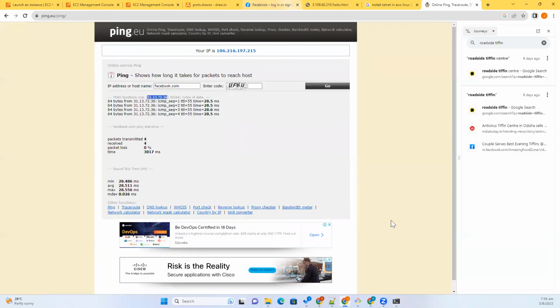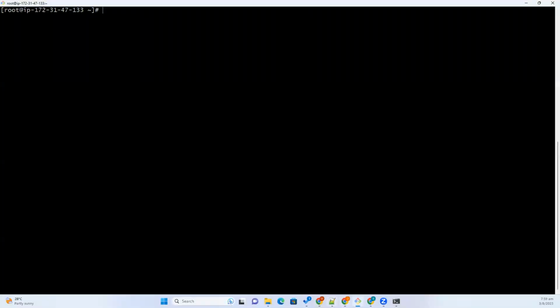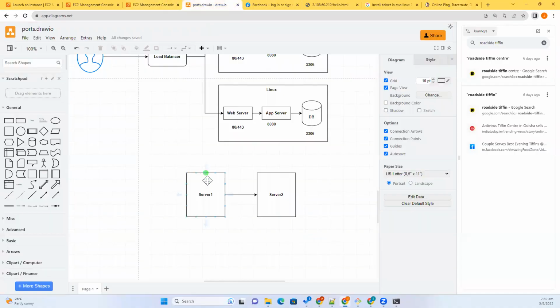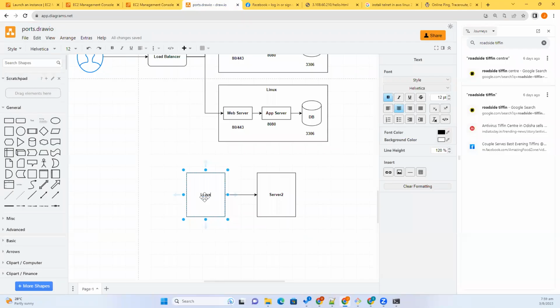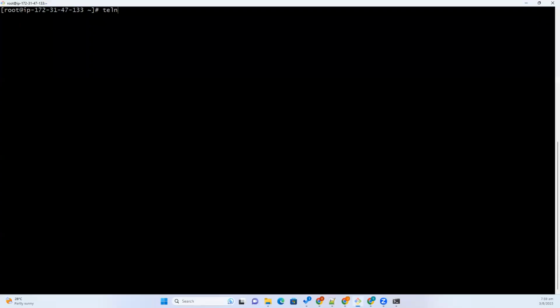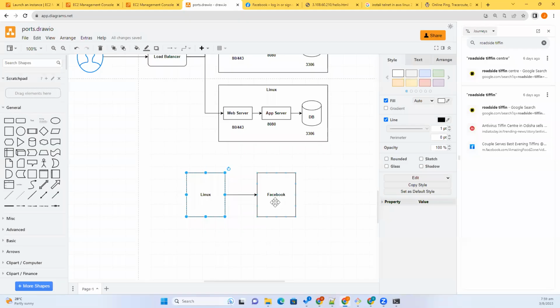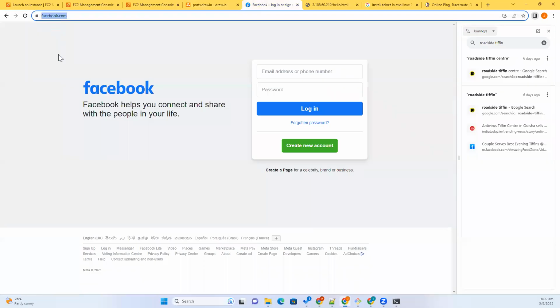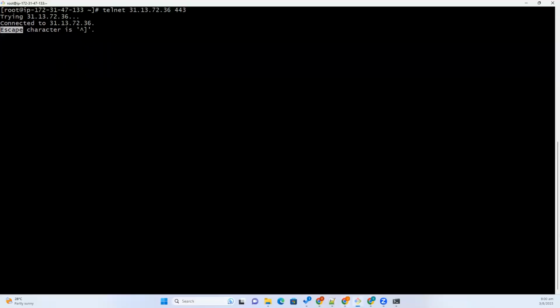Okay, so now let us check from our Linux server. So this is our Linux server, and this is our Facebook server. Let us check whether we are able to connect to the Facebook server on port number 443: telnet Facebook IP, port number 443. It is saying connected. So it means your server 1 is able to connect to facebook.com on port number 443. Then it means you are able to connect to facebook.com. So let us try to connect on